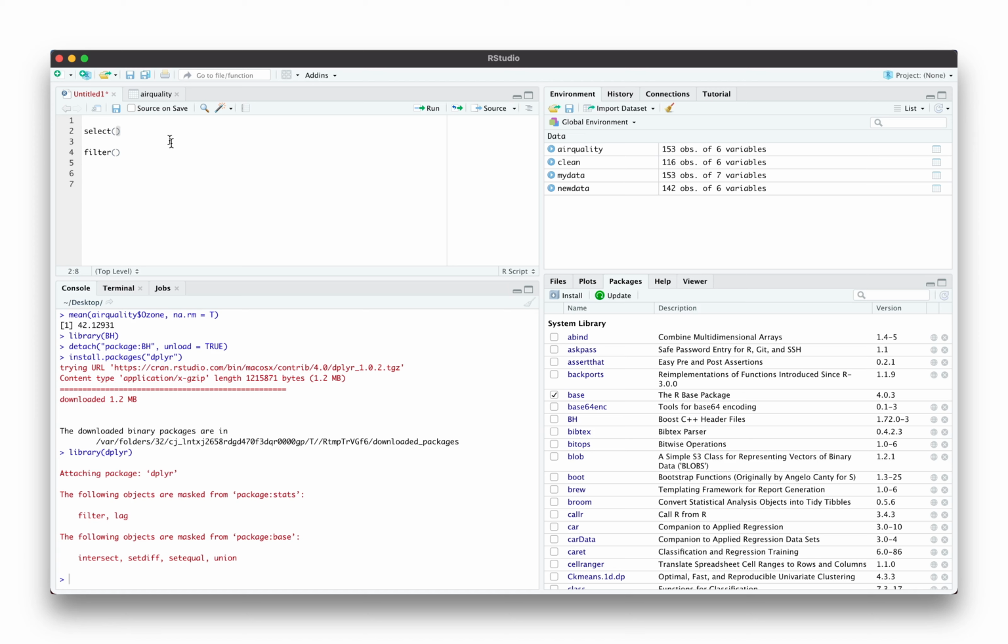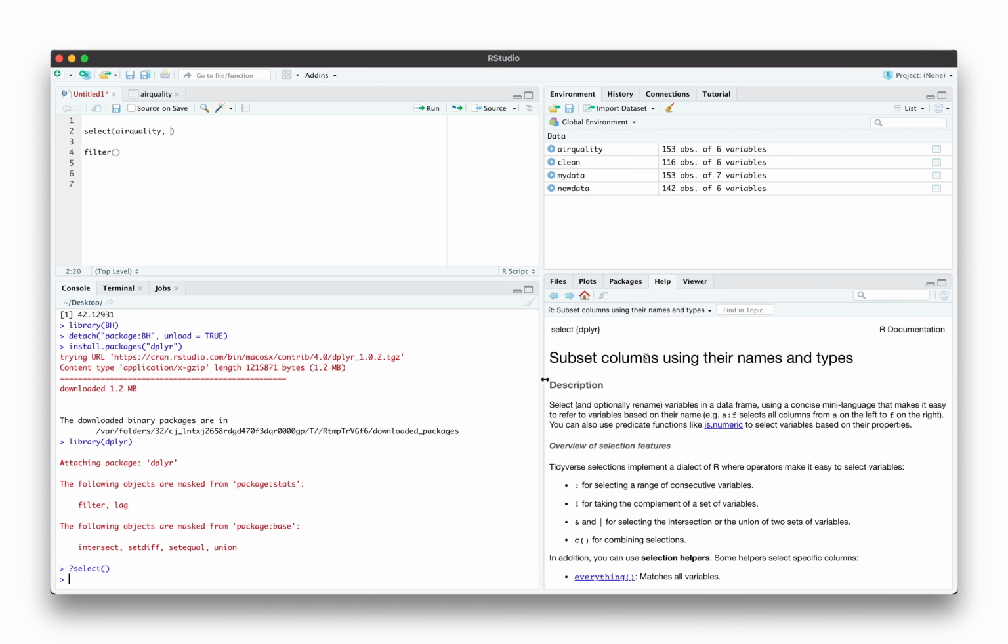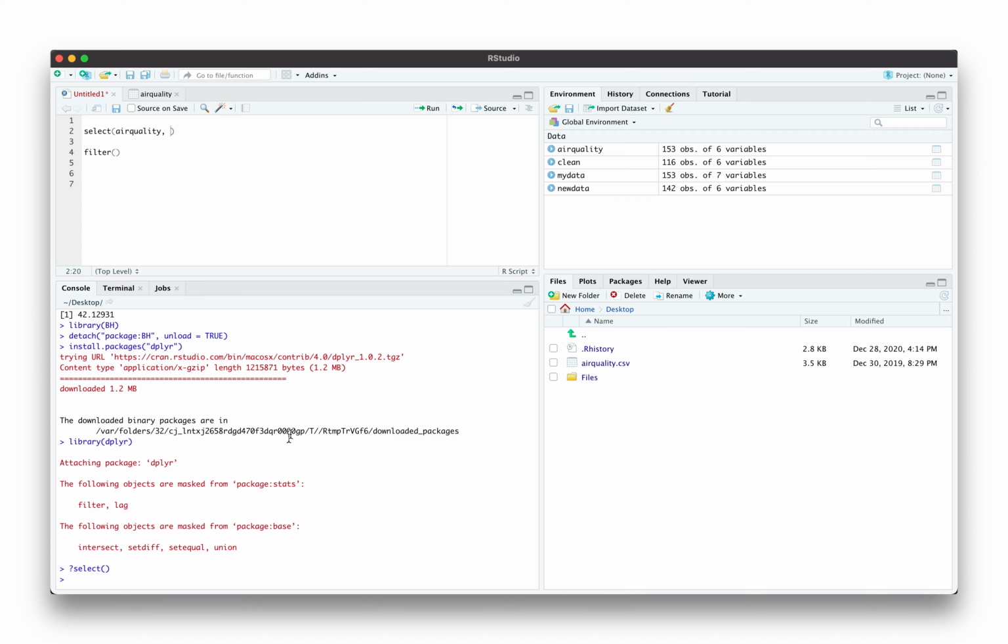So say we want to select something from airquality. We go select and then we give it the data. And again, if you don't know what it does, you can always use the question mark and go to the help section, and it will tell you how to use it and provide some basic examples. But we can go select, and then we're selecting from the data,